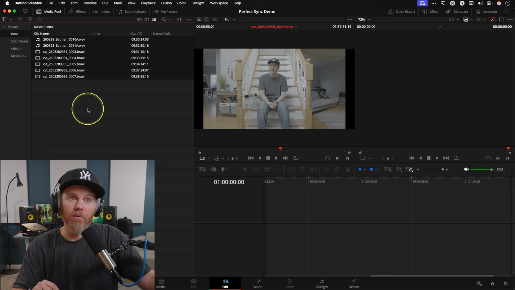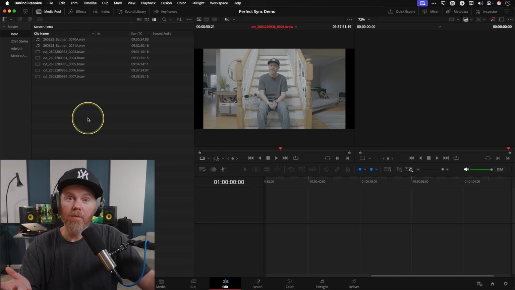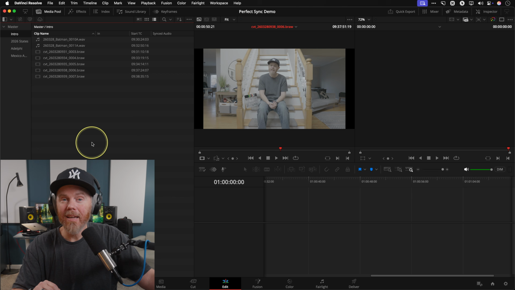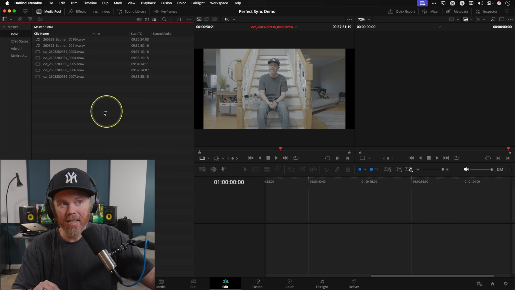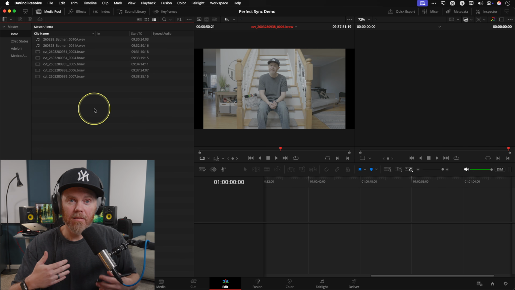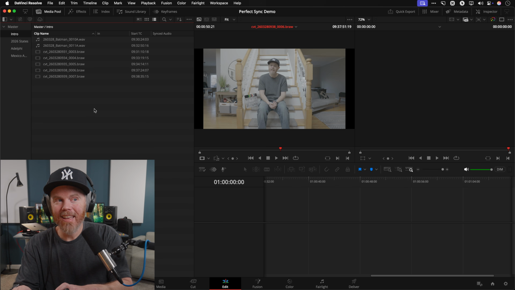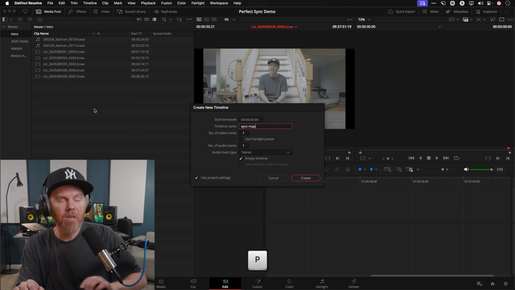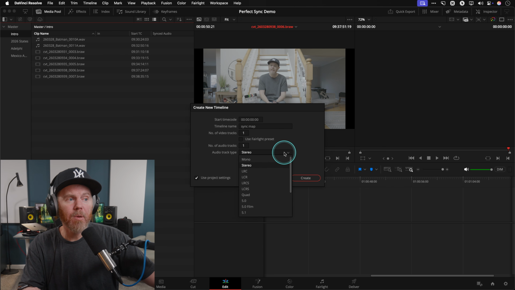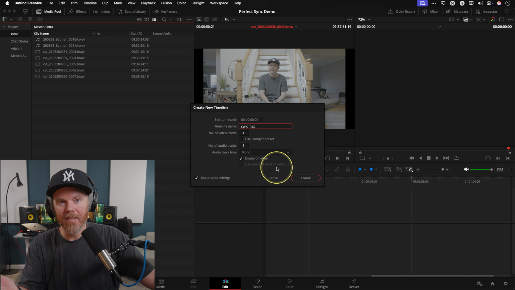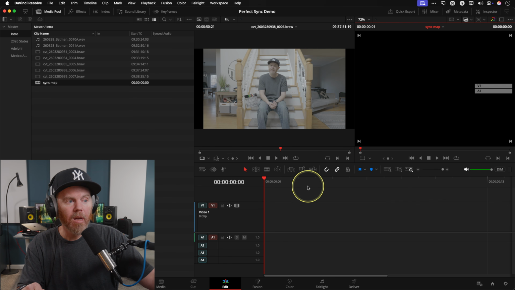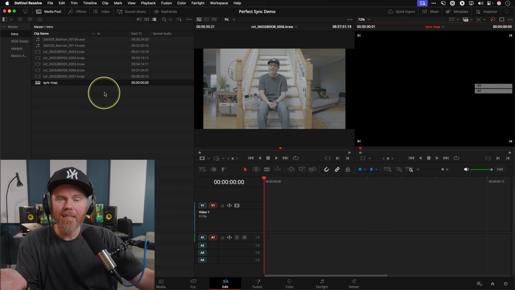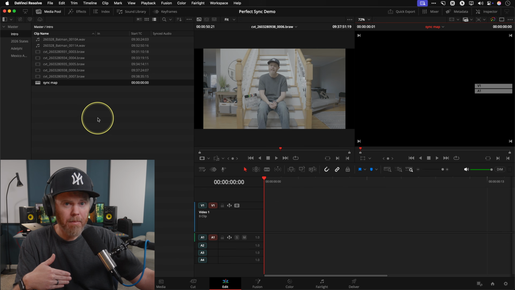Now, after that's done, we just need to get these to a timeline. We're going to start with the video clips. I'm going to create a new timeline to do that. So just select in the bin area. So we've got that pre-selected. Command N or Control N on Windows will give us the contextual menu to create a new timeline. I'll type in sync map is what I'm going to call it. I'm going to change the audio track type here to mono because normally with sync sound I'm working with mono channels. Hit create,